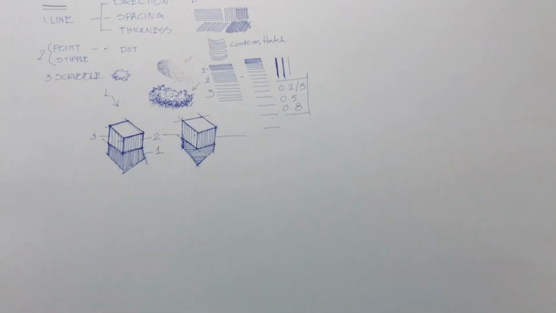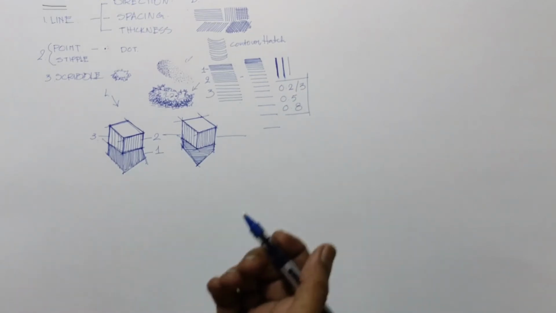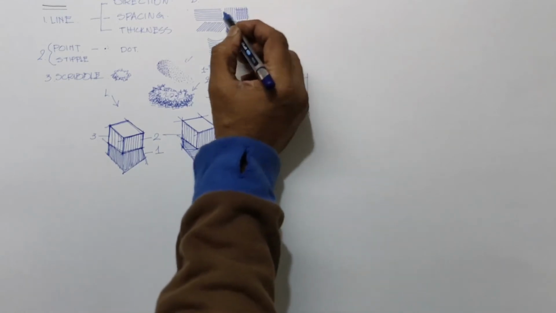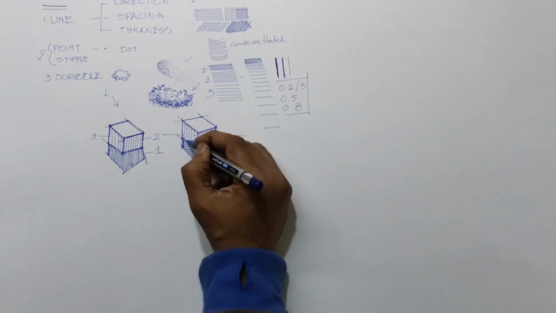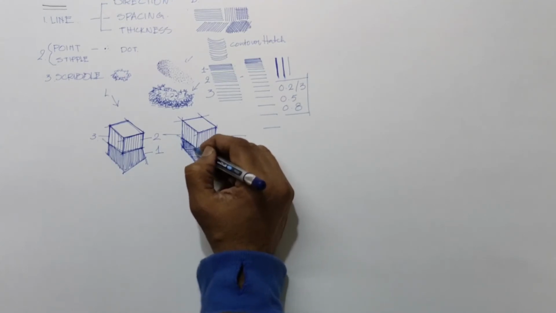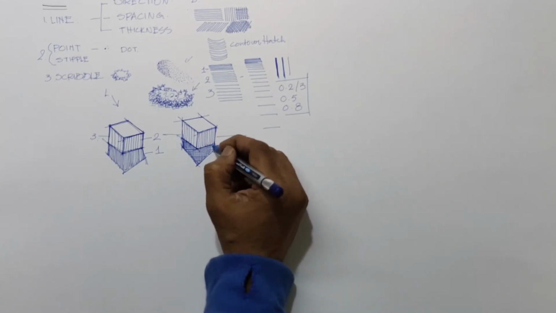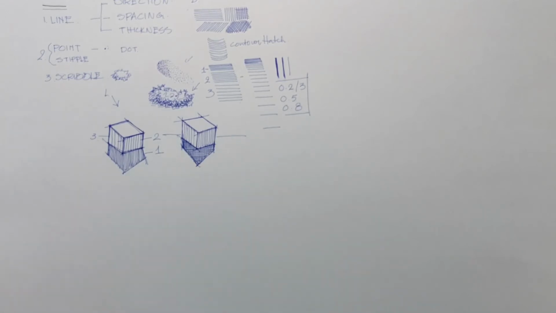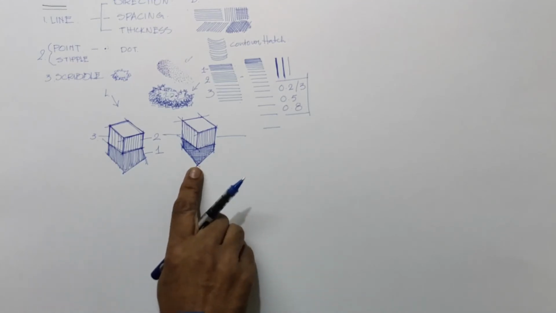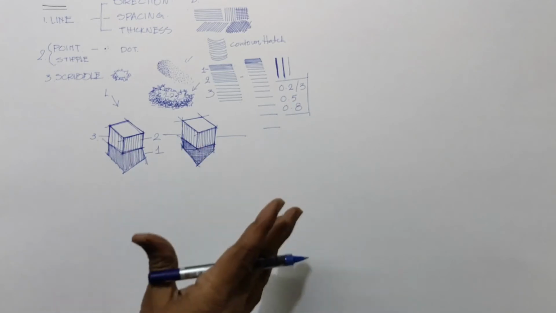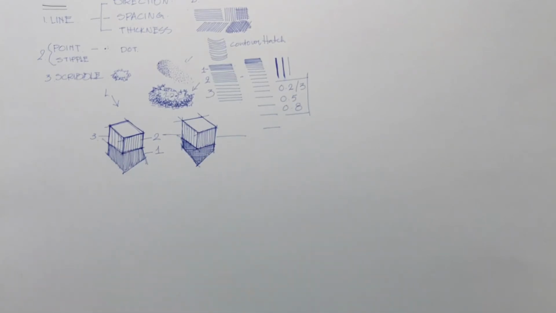Here, to further enhance, I can go to cross hatching. This one, it is already horizontal I have done. If I add vertical lines, a combination of horizontal and vertical lines, that is called cross hatching. Now you see what happened. The depth or the darkness or the tonal value has increased, the shadow is looking more dark. To make it look more dark, we can use different changes in the direction of hatch lines. That can be done.